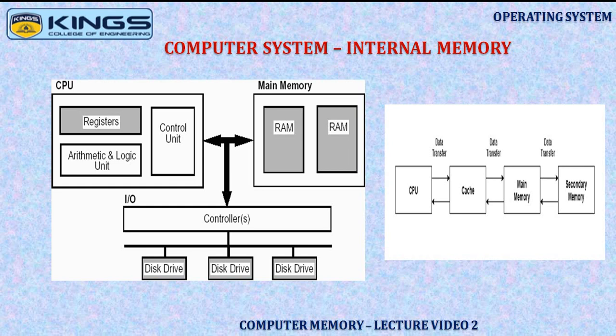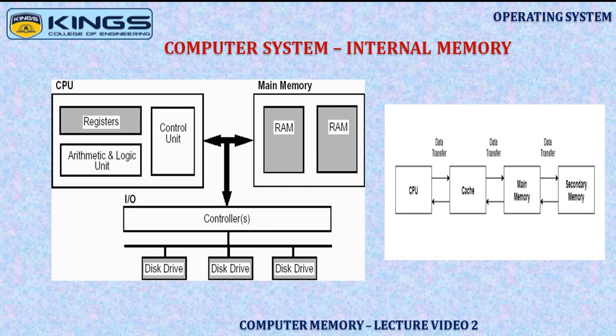Having known about the registers and the main memory, we'll move on to the cache memory now. Cache memory is a special high-speed memory. It is used to speed up and synchronize with the high-speed CPU. CPU does a task at a very high speed, and the I/O devices and the main memory are all of different speed. Now to bridge the gap, the cache memory is going to support.